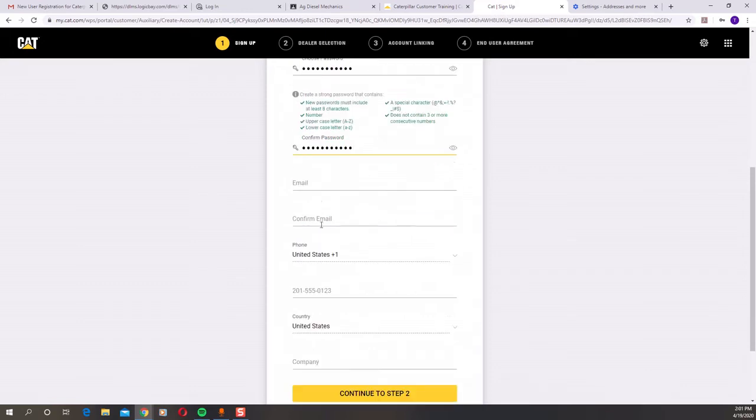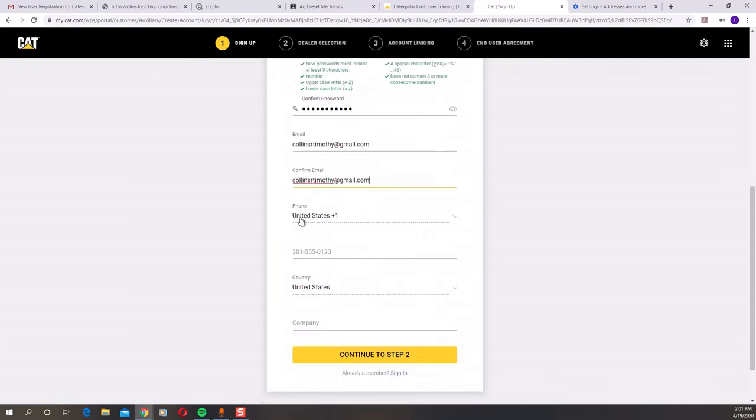Alright, so I got my password put in. You're going to need your email, same as what we used for the username, and confirm that email. Phone number, it does have you put in a phone. It's in the United States, of course. Just put in 661